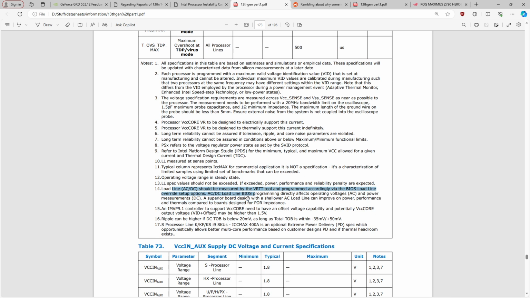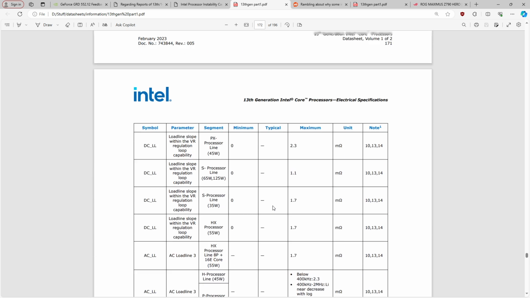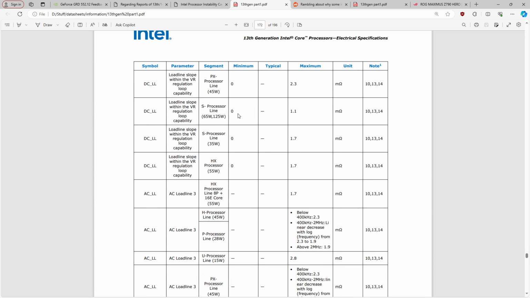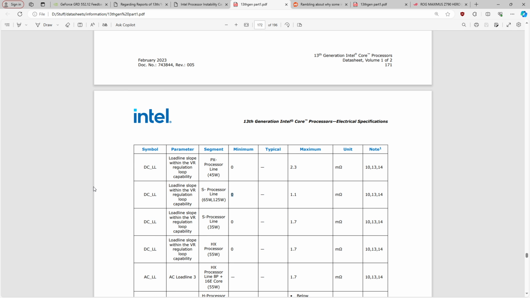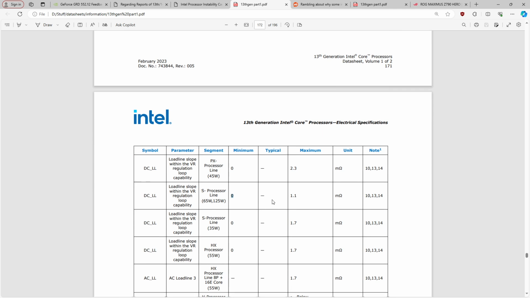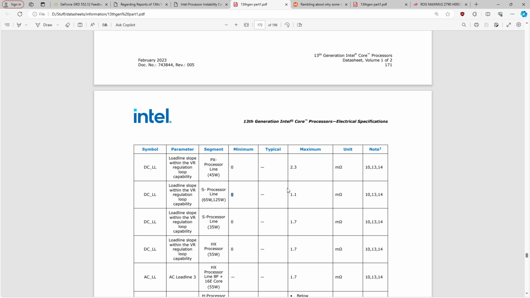So if I'm understanding how this works correctly, basically we have a bunch of high-end motherboards that seem to be setting the AC load line really, really low. Then they blow out the power limit because Intel doesn't actually care about the power limits, right? That's why they're a recommendation and not a spec. And similarly, we don't even have a spec for the load line, right? It's just like, yeah, we trust you to set the load line correctly using this tool that we're providing. And it's like,